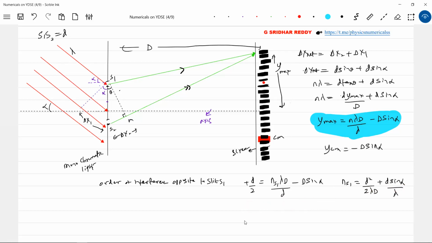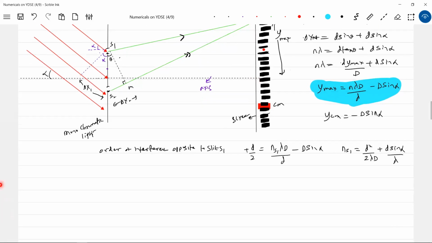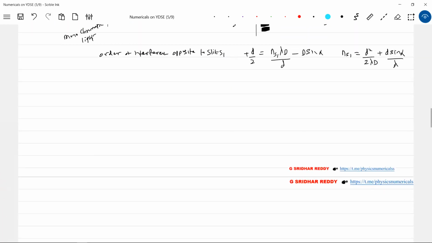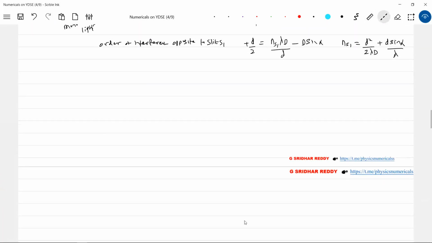Okay, so now what has to be done to bring the central maxima back to the axis? It should be there at the axis. So the monochromatic beam of light is incident at an angle alpha with the axis, and the central maxima must be here. So where should the slab be introduced? I think better we'll think technically like this. So let me give the fresh diagram.